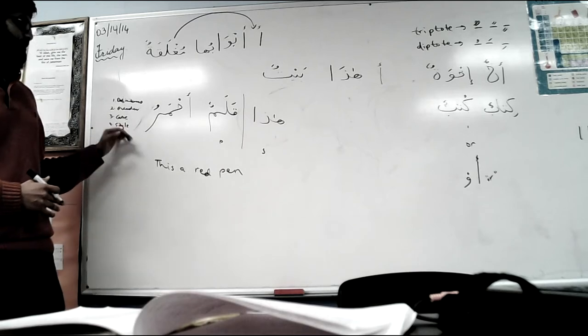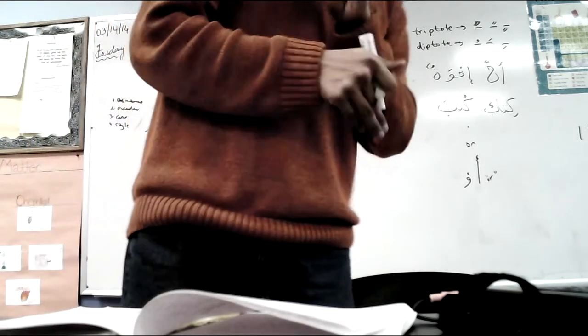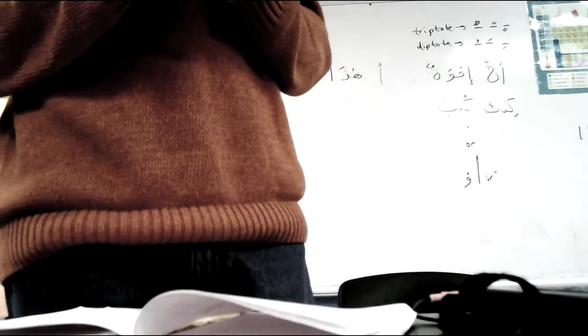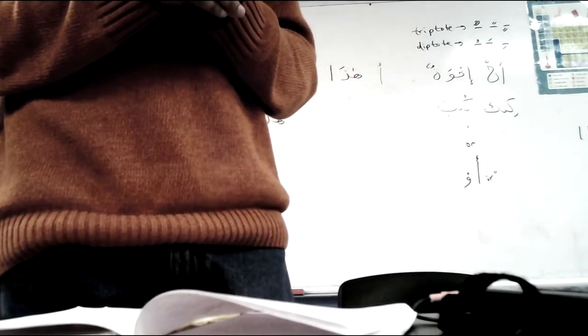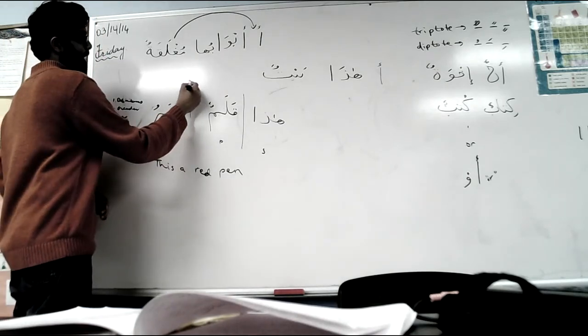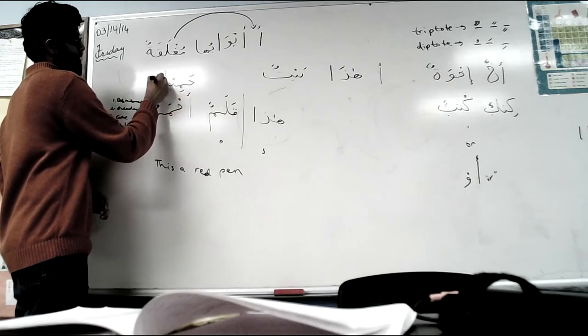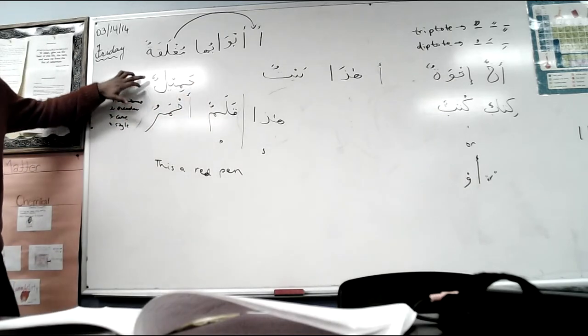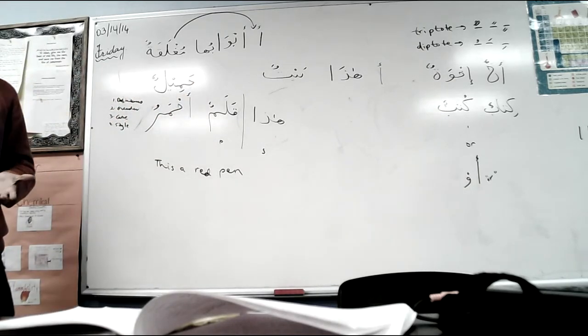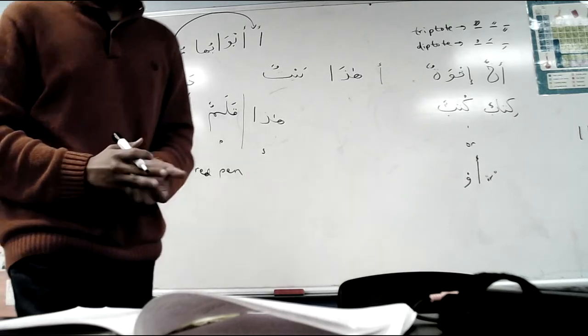And this is also singular. So to see the contrast, we can go with هذا قلم جميل. Exactly. If I want to say this is a beautiful pen, how would I describe it? Jamilun. Right? So in this case, the only difference is that I have the tanween here, because Jamilun is not mamnu'.